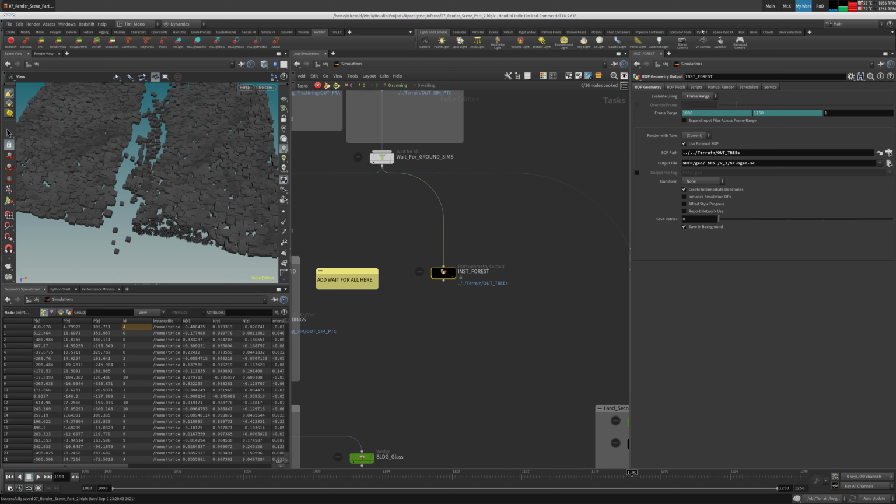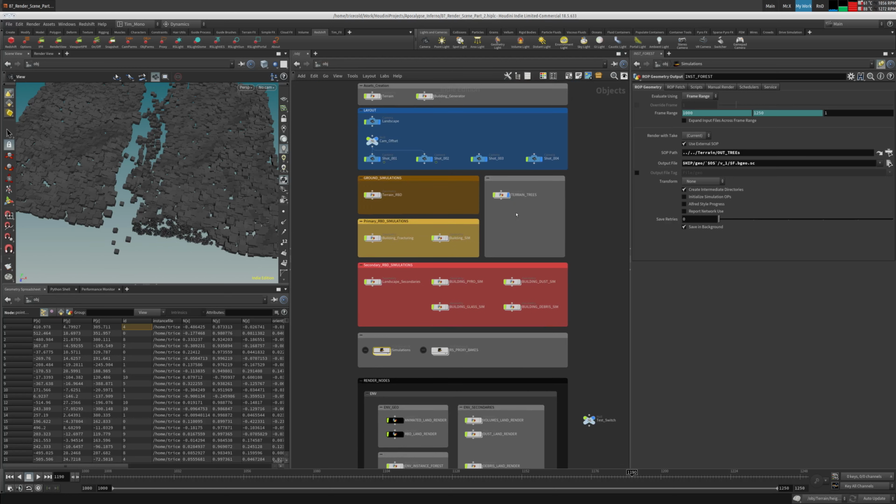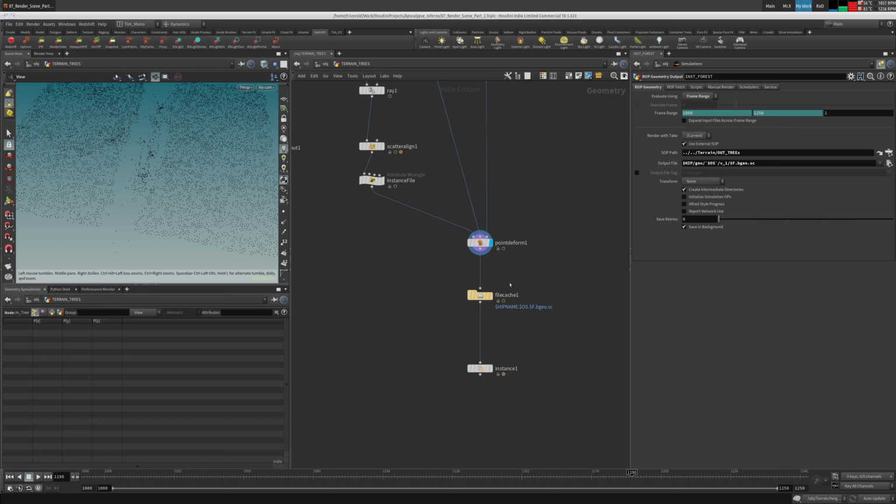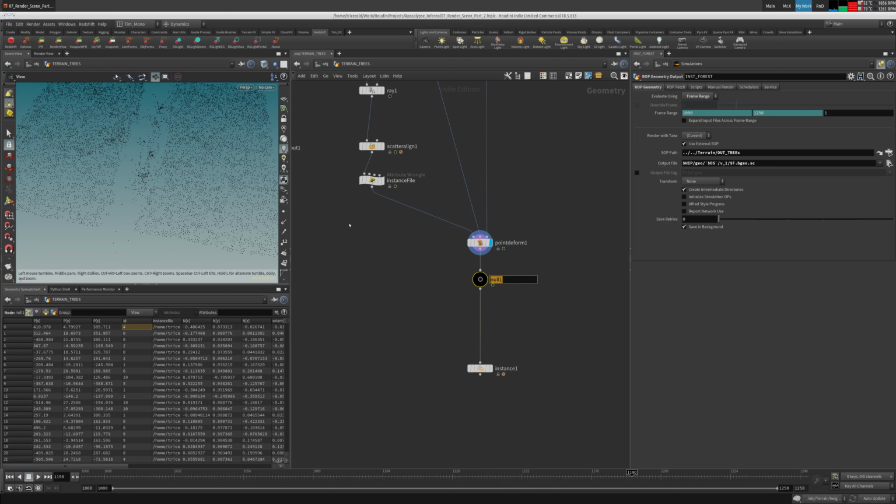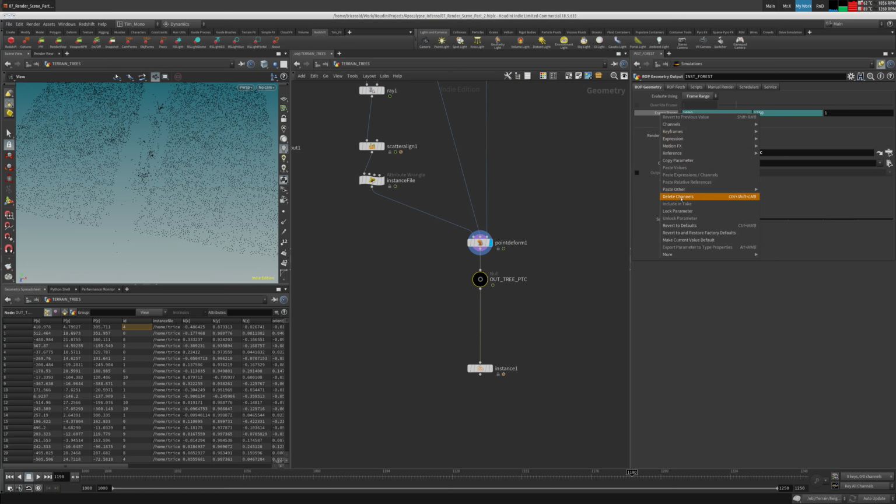Instance first. Let's use this one instead. I'm gonna pin this. There we go. These are our null goes here. Out 3 PTC. PPTC PTC. All right, this goes in here. This is the frame range, but we are now sticking to